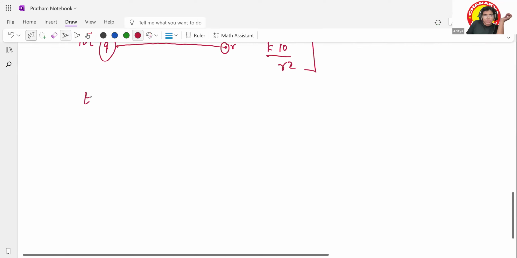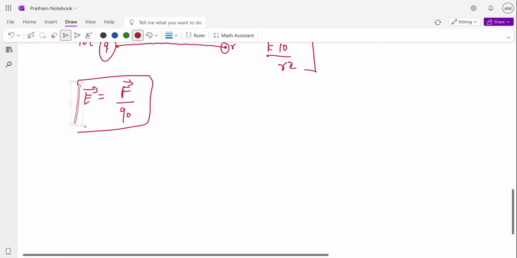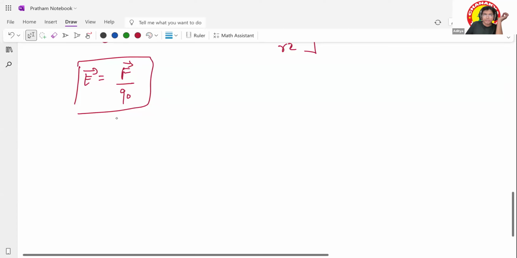So in vector form, how can you write intensity as F vector per unit charge. You have to say per unit charge. If you see the equation, you have got another definition for the electric field intensity. Electric field intensity